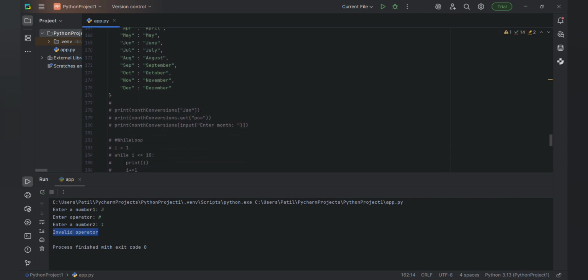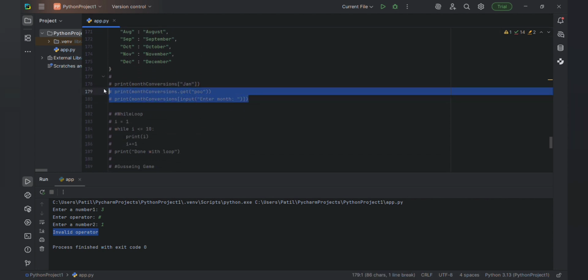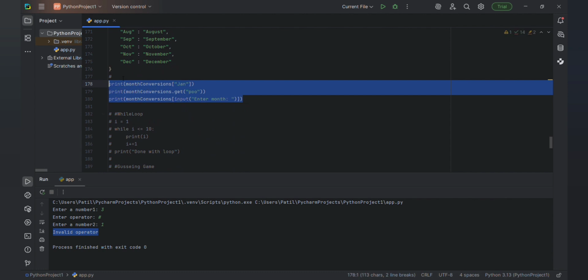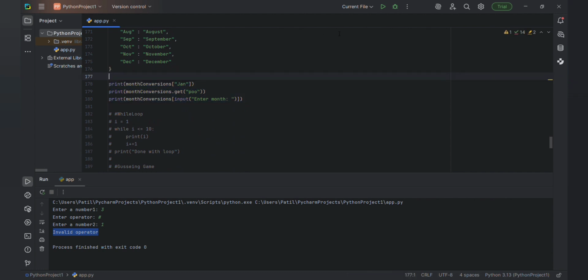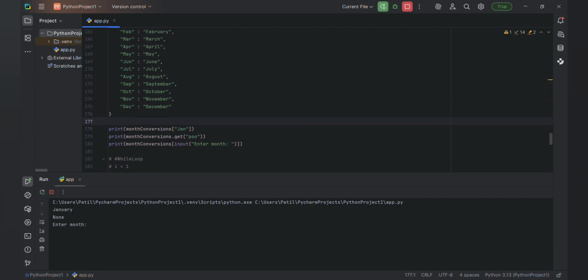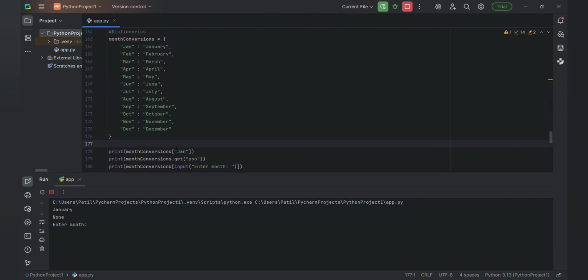Let me comment out this. So we are running this. See, first Jan, print month conversation, means it will go here, month conversation of Jan. What is Jan? January. So dot get poo. Why are we using get? If there is nothing there, it will not print an error.